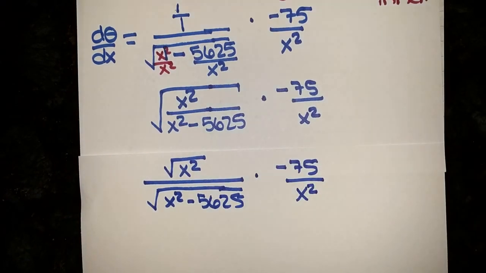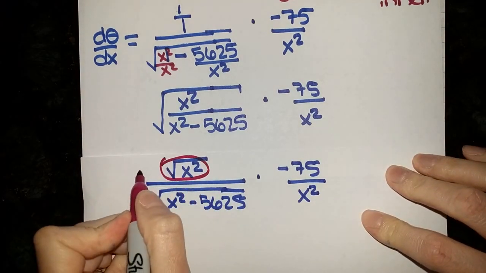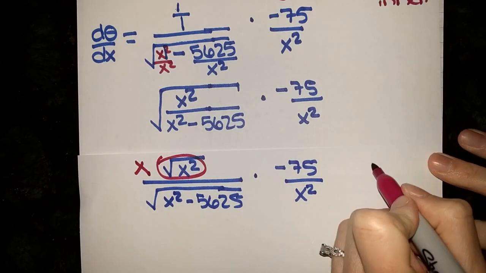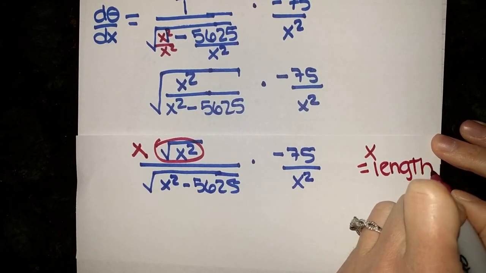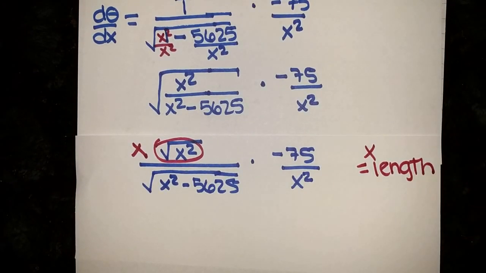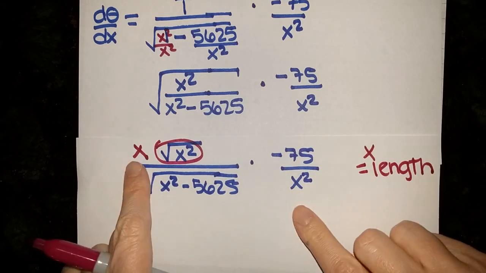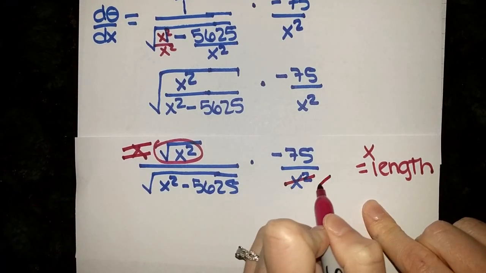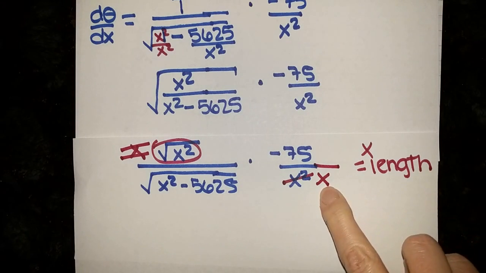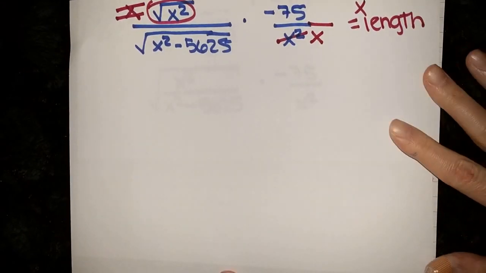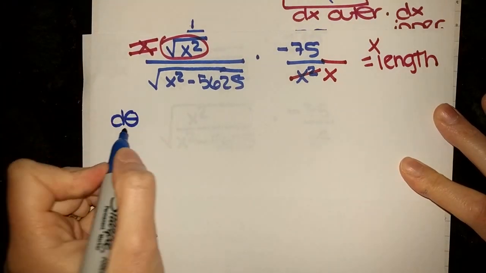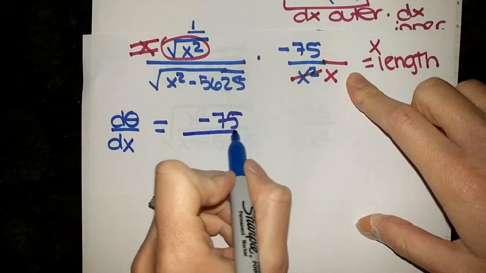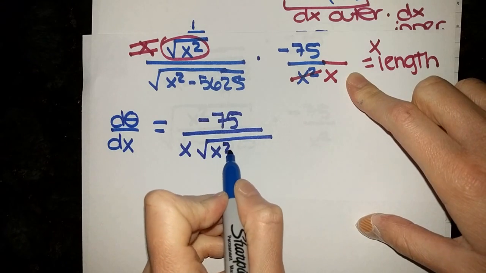And what that buys you is the square root of x squared. This simplifies to just x, and you could put absolute values around that, but remember that our x value here is a length, so x will always be positive. So it's not necessary to put the absolute values around the x. Now, what that gives us is that we now have an x divided by x squared. So this x will cross out with this x squared, leaving just one x in the denominator times this radical. So here is what we are looking at for our d theta dx. All of this has simplified out to be negative 75 over x times the square root of x squared minus